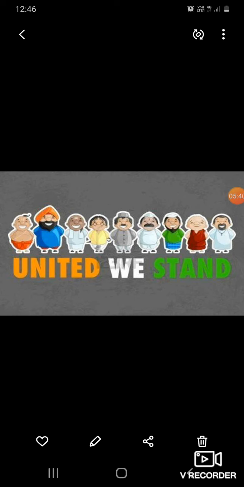Next one is diversity. This is manifested in natural diversity, biodiversity and diversity in the life of the people. Diversity means differences. Different types of differences are there in our country: natural differences, biodiversity, and the life of the people, like culture and lifestyle, everything is different. Now let us see each and every one.